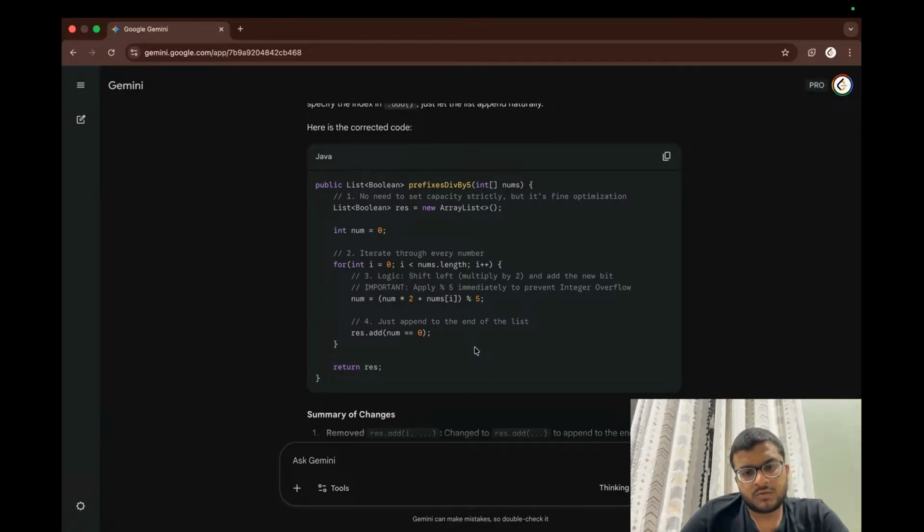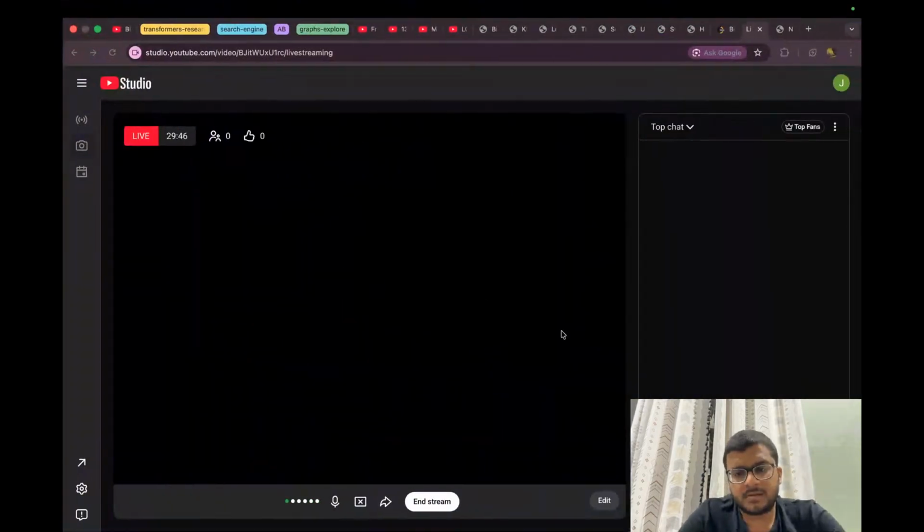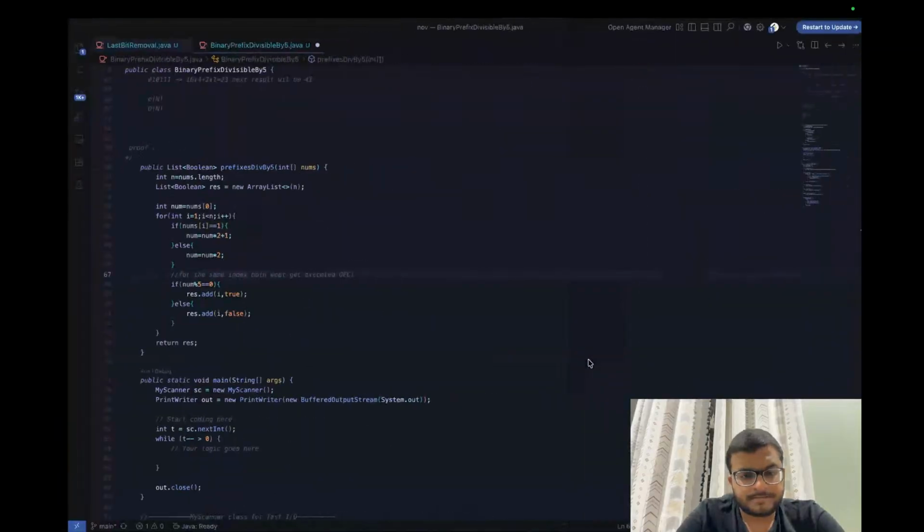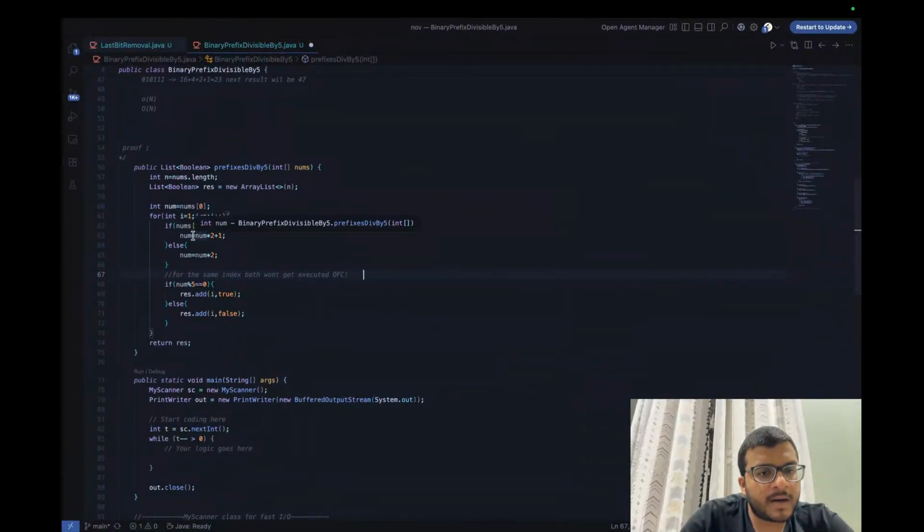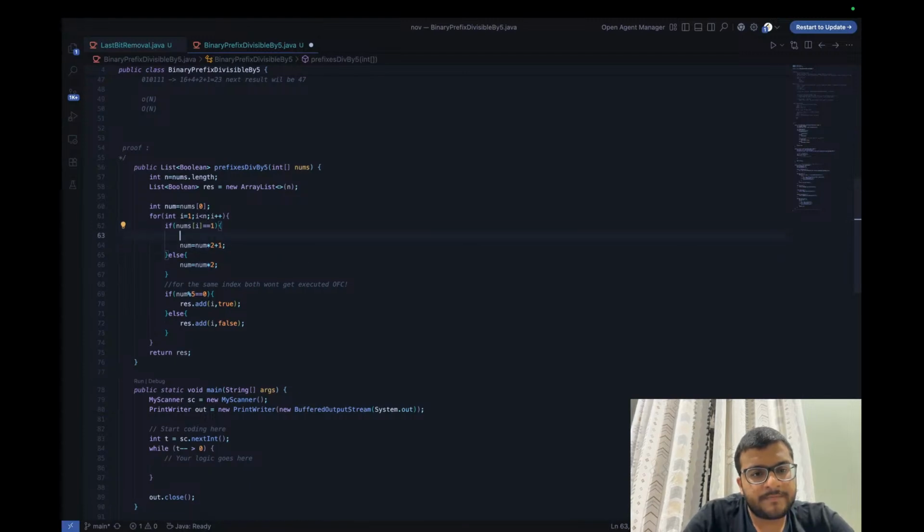There are two issues here, guys. One is, since we keep multiplying the num and keep adding the one, right? Let's say the array looks like this: one, comma, one, comma, one, comma, one, and so on. After a certain index, by multiplying, the integer that I have declared here might have crossed the